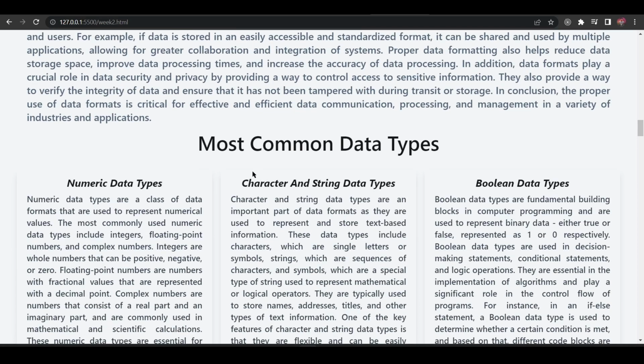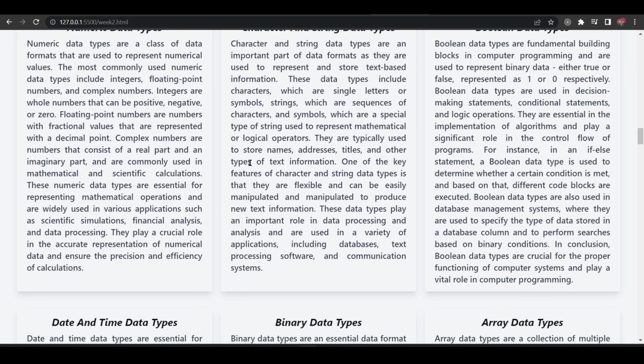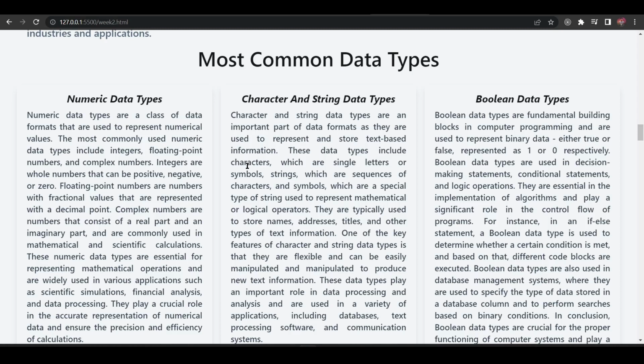So next, let's move on to the most common data types. Numeric data types. Numeric data types are a class of data formats that are used to represent numerical values. So from the word itself, numbers. The most commonly used numeric data types include integers, floating point numbers, and complex numbers. So the integers are whole numbers that can be positive, negative, or zero.